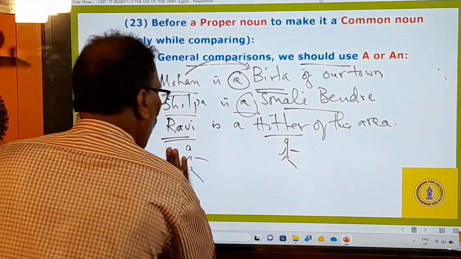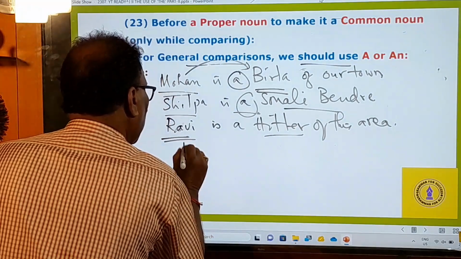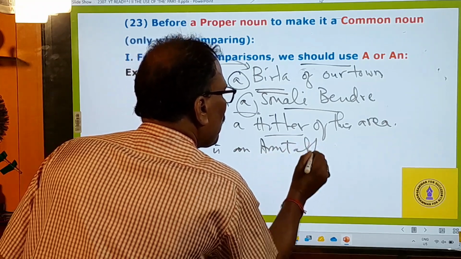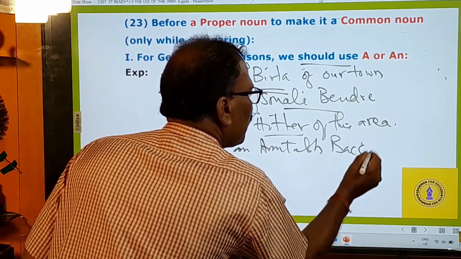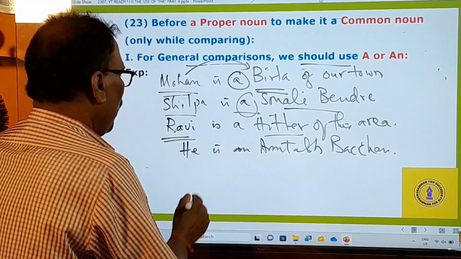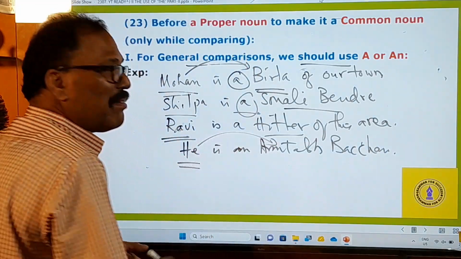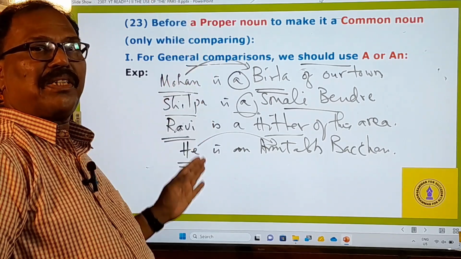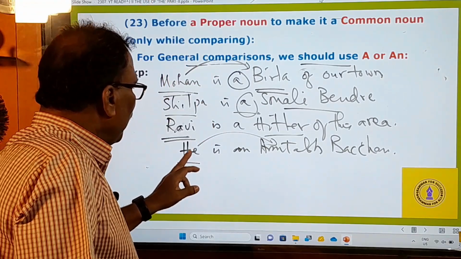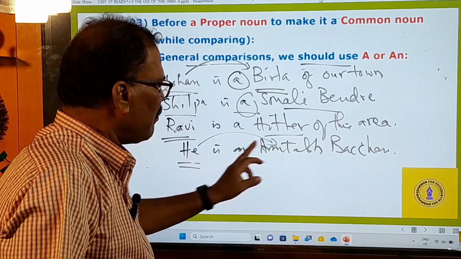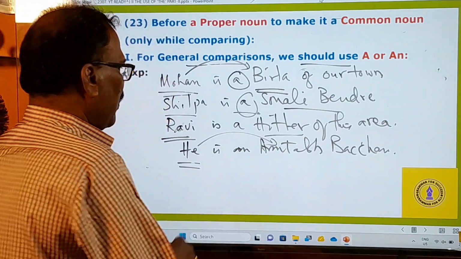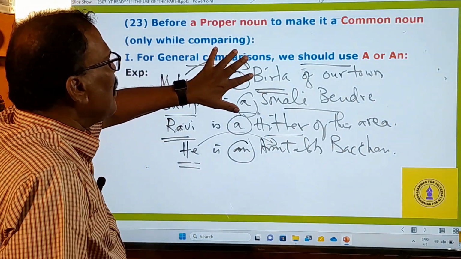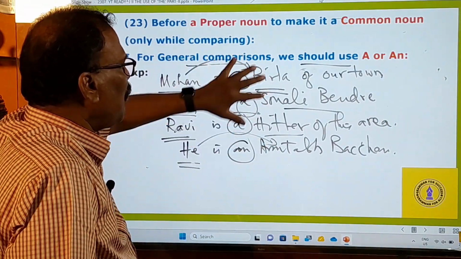For example, suppose there is a tall boy in your class. He is an Amitabh Bachchan. You are comparing this man with Amitabh Bachchan. Amitabh Bachchan is very tall. He is also very tall. That's why you compare this man, XYZ, with Amitabh Bachchan. So in this way, when you make general comparisons, you use a or an before these